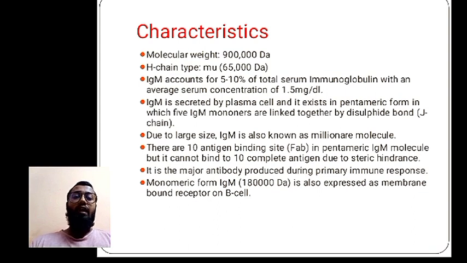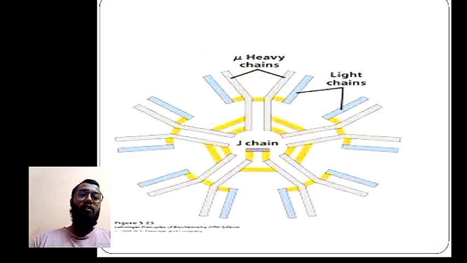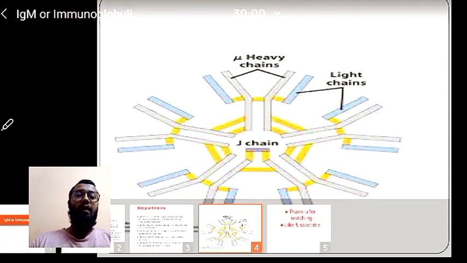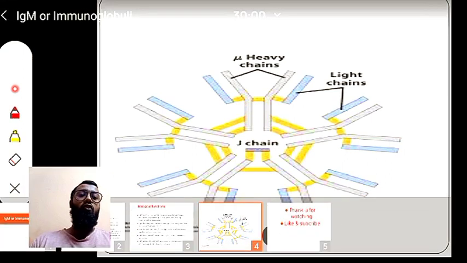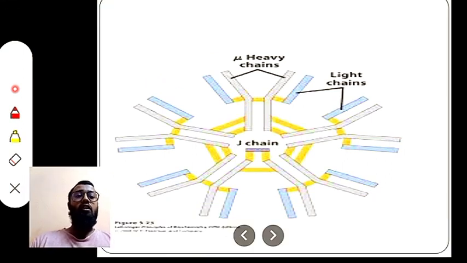Different immunoglobulins are present in different forms, like IgG is monomeric, IgA is dimeric, and the biggest is the IgM, which is in the pentameric form, meaning 5 structural rings. So how does a pentameric form look like? Let's see the structure. So this is the pentameric form of the IgM. And students, you are thinking how the whole 5 chains are held. The 5 chains are held by a J chain.